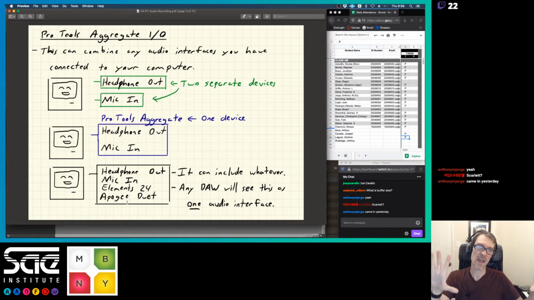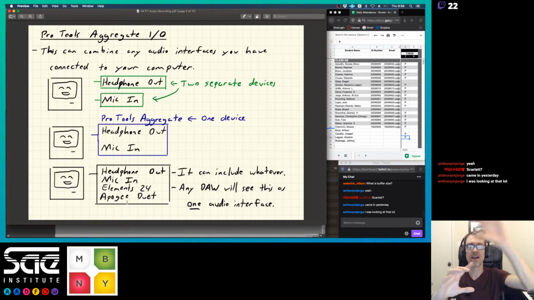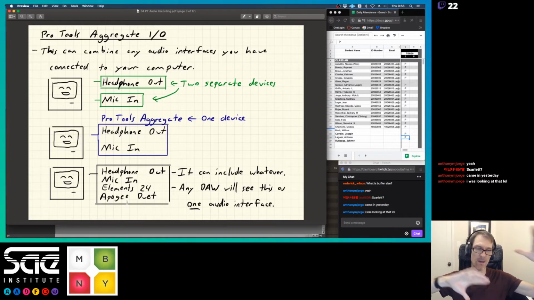So you could actually have both of your audio interfaces connected to your computer and then have them set up inside of the aggregate I/O so Pro Tools can actually use all those inputs. And this is a really cool way to just add more inputs or outputs into your setup without having to spend extra